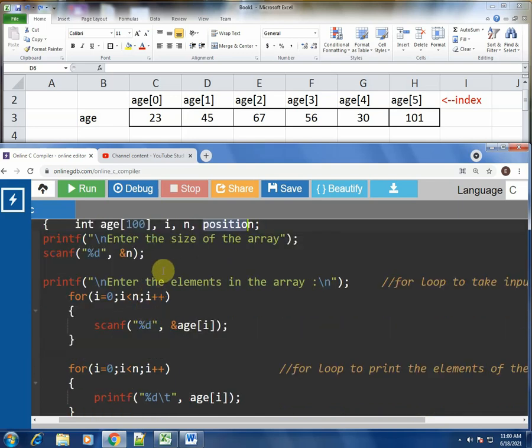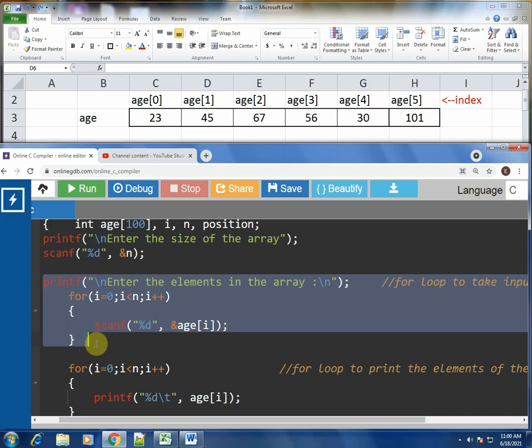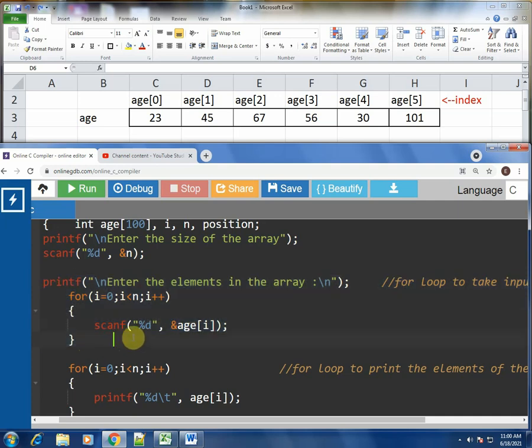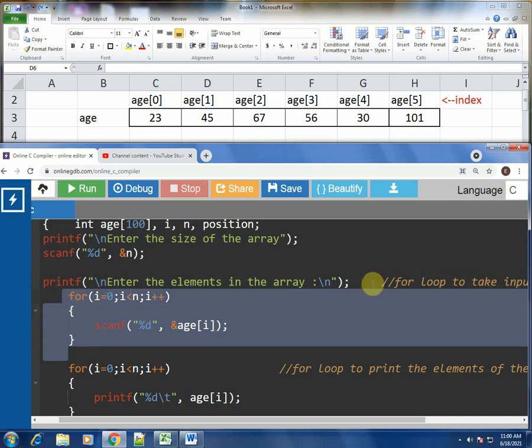Now just to make my work easier, the initial part of the code I have just already written and kept. The first thing is you have to enter the size of the array. This we have seen in the previous videos also. Then you have to take input of the array. So enter all the elements in the array. Now this is the for loop which will take input from the user.